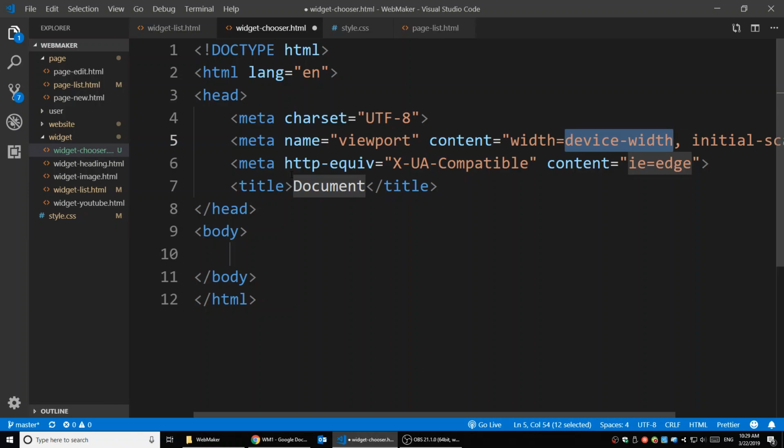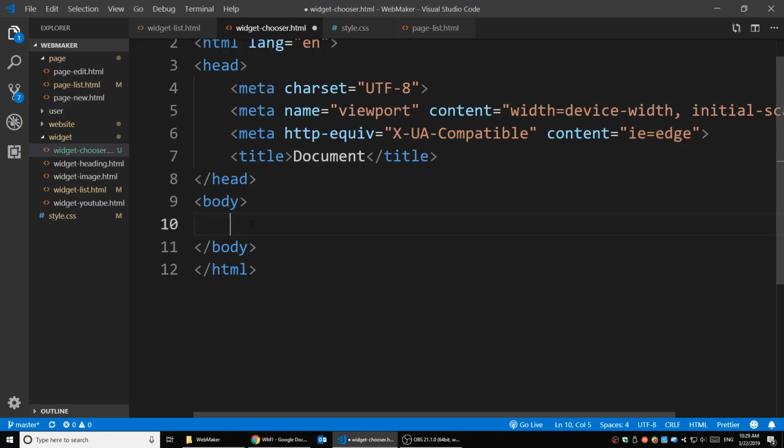Because you make it like a folder. It's supposed to be a file. You're gonna remove it and create a file instead of a folder. You can just drag it out of the folder. So he just created a widget chooser folder. It's supposed to be widget chooser file. One widget folder with 4 widgets. All right. So